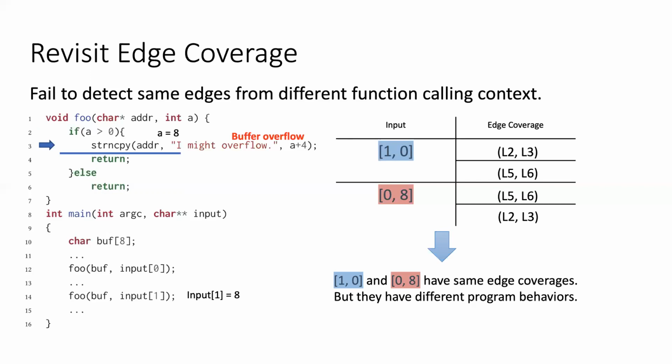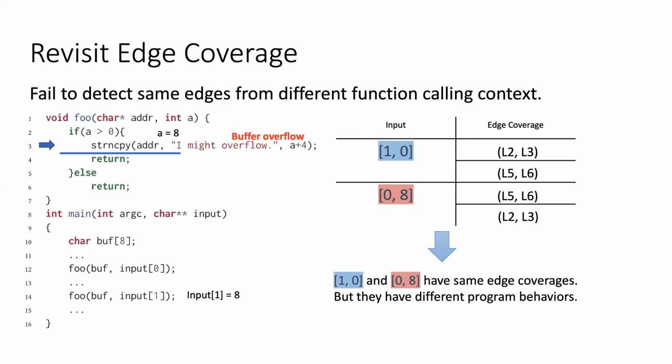Note that the address is an 8-byte long buffer. And we actually try to write 12 bytes to it. So a buffer overflow happens. Now we know actually the two inputs 1, 0 and 0, 8 have totally different program behavior, but they have the